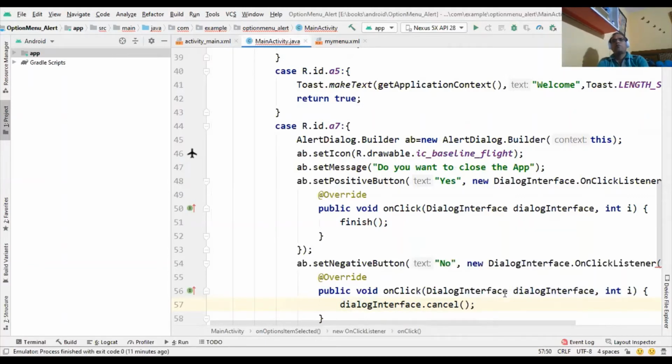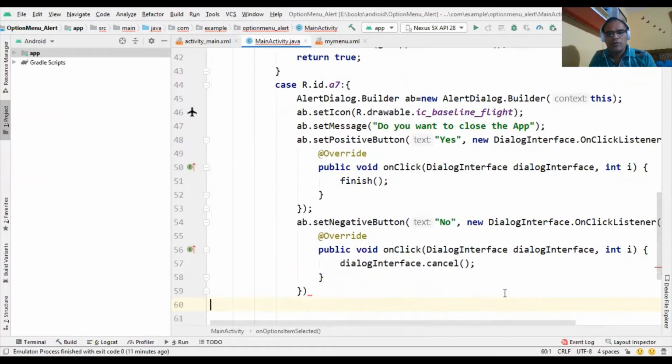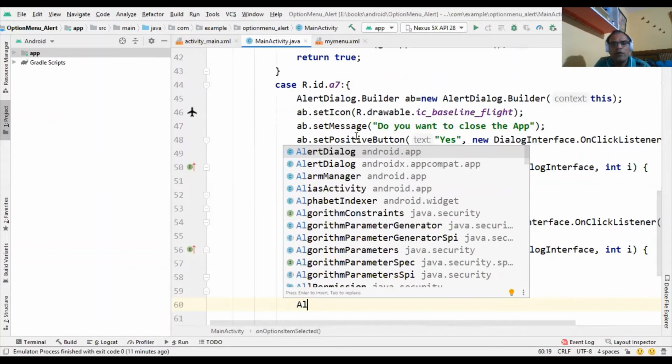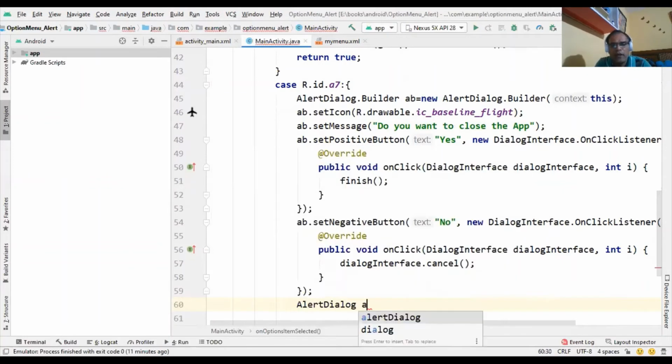So when we click on the no button, that alert dialog will be closed. And one more method we can use is set neutral button, but we don't need that property. So let's create an object of alert dialog, like A1,